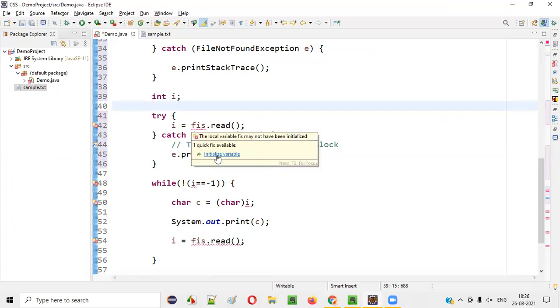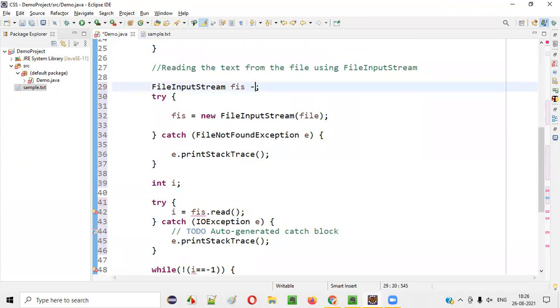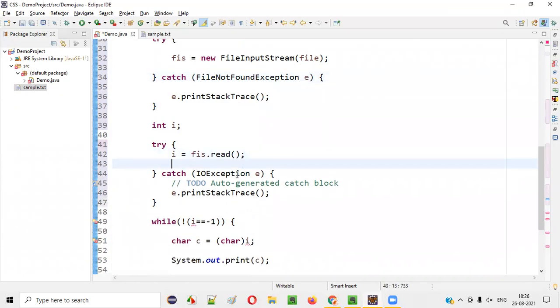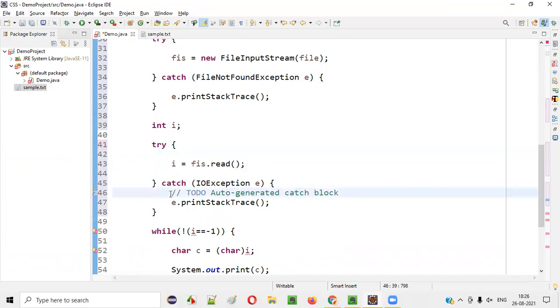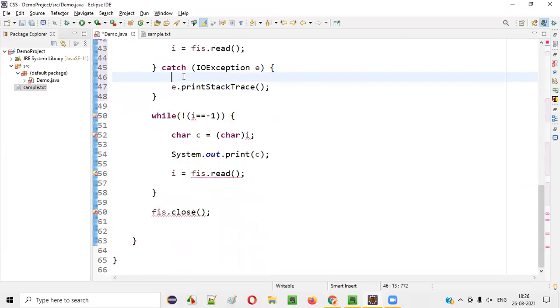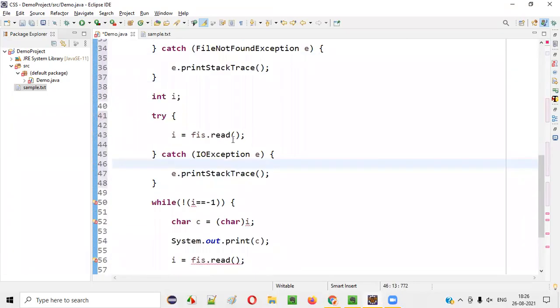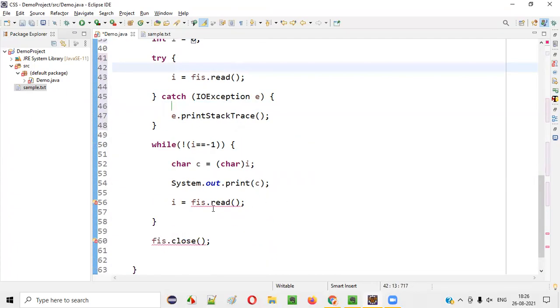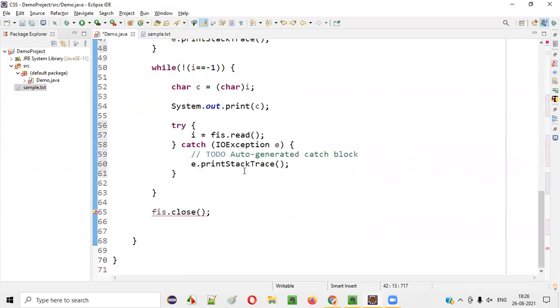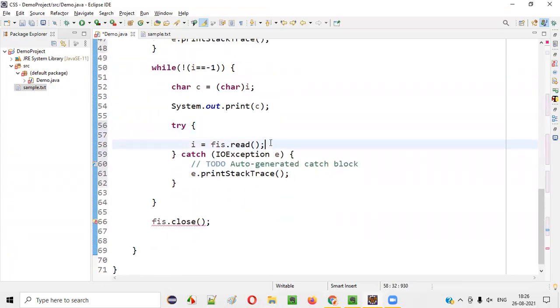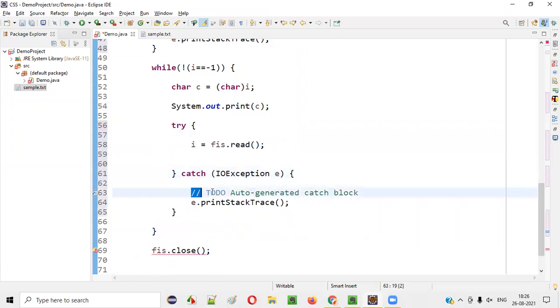Here it's saying initialize a variable. Let's do that. I'll say it is equal to null, initially null. And remove this. You see, after implementing try catch blocks, it looks kind of right. Here we have to initialize a variable, so just select that and i is equal to 0 got initialized. Any other, here also a try catch block. You see, a lot of try catch blocks are required here, right? That's the problem, guys. Fine, we have implemented all the try catch blocks.